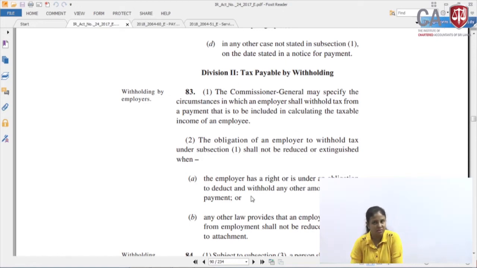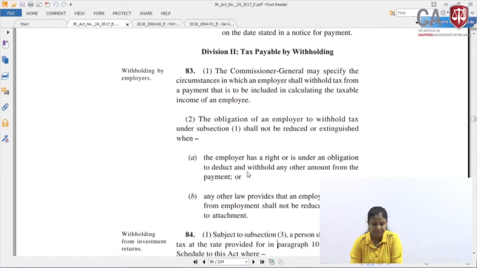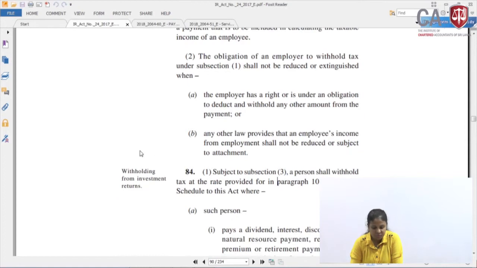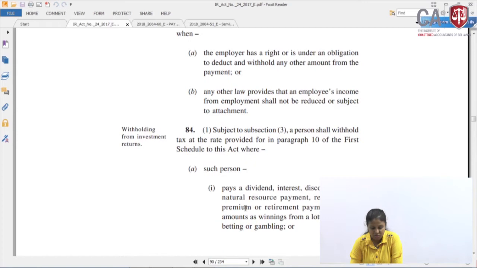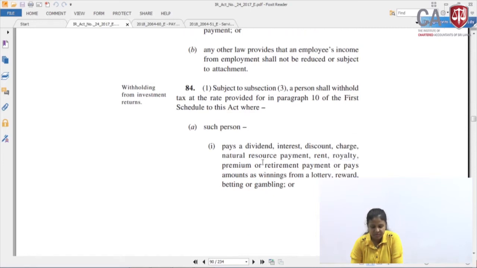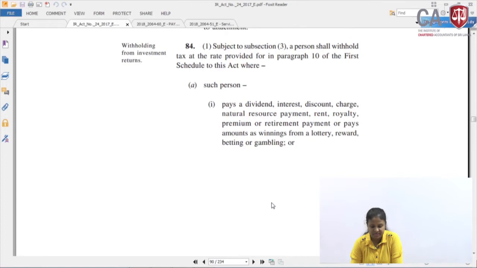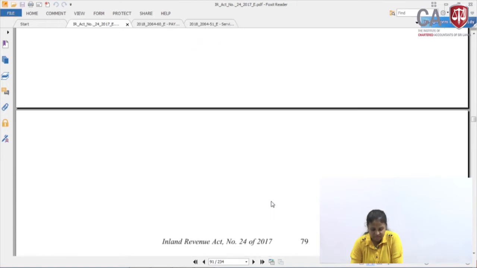Then the gazette notification has been issued based on the 2064/60. Based on that gazette notification, the particular withholding tax is deductible. Then section 84, withholding from investment returns. In that we have discussed all of these things: what are the applicable tax rates, dividends, interest, discount charges, all these things, even winnings from lottery, rewards, betting and gambling. Then after that,